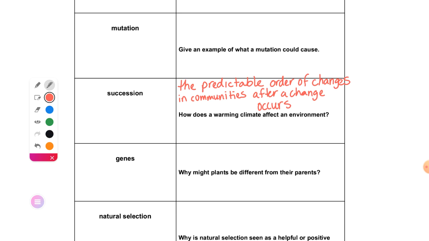Why did they leave, Fisher? Because they have no what? Resources. They don't have food. They don't have water. They don't have shelter. The basic necessities: food, water, shelter. They don't have those because everything burned down. So the animals are gone. What do we expect to happen after that, Gabe?